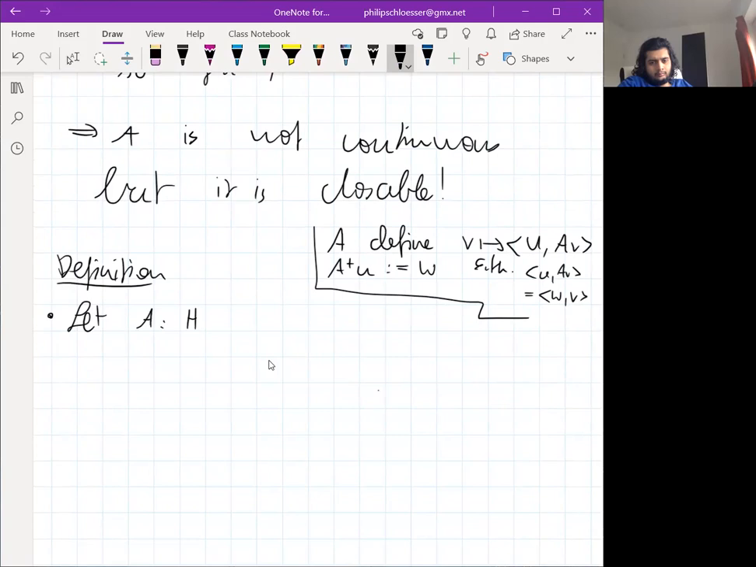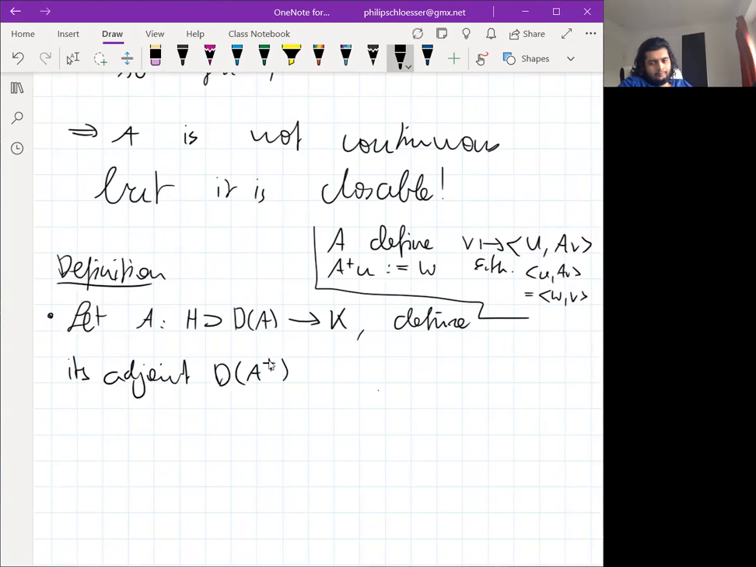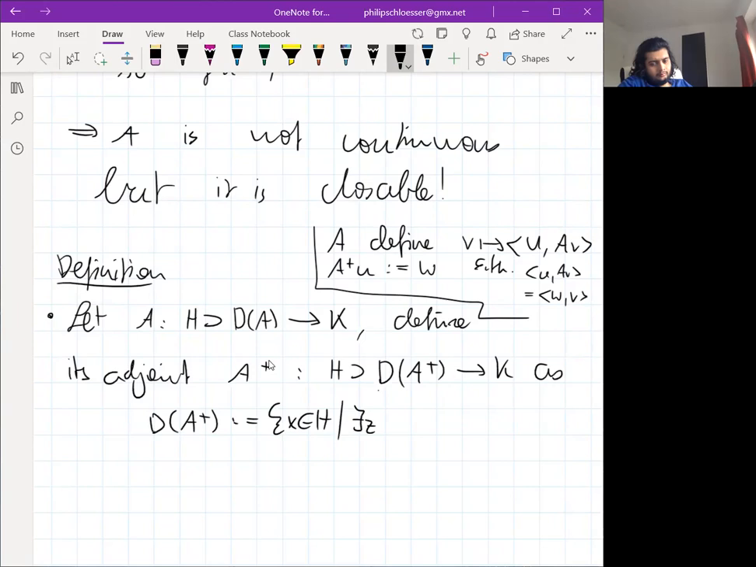So let A be a closed operator, and we usually write this in this way. So we say it is a closed operator from H to K, but its domain isn't actually H, but some subset of H that is dense. And then we can define its adjoint, sorry, A dagger, which goes from, well, a priori a different domain to H, as, well, what is that domain? It is the set of vectors such that there is a